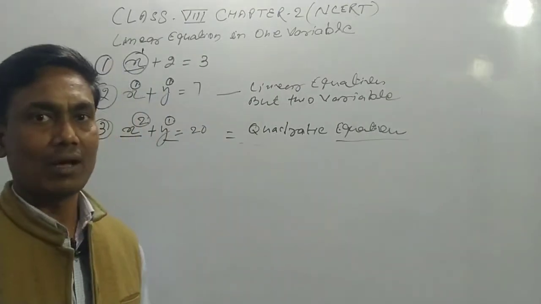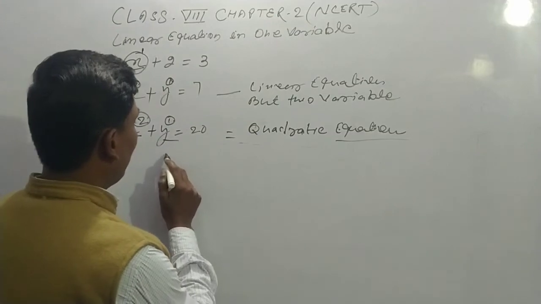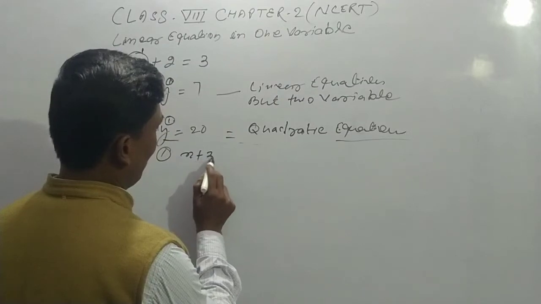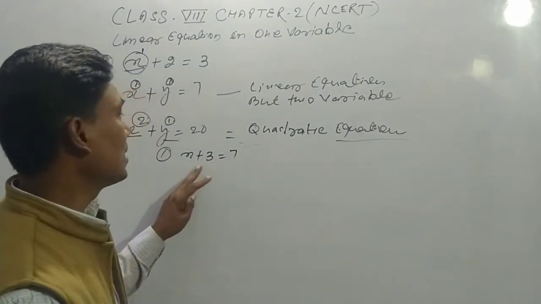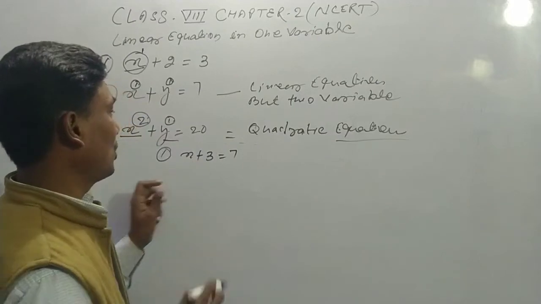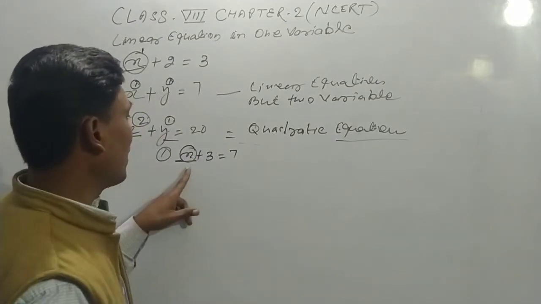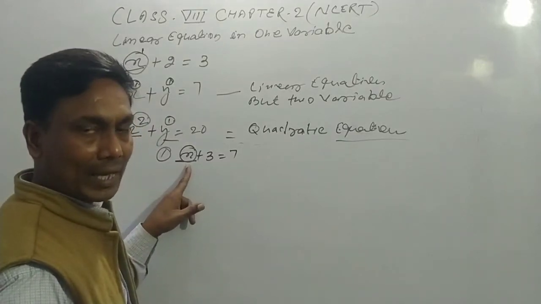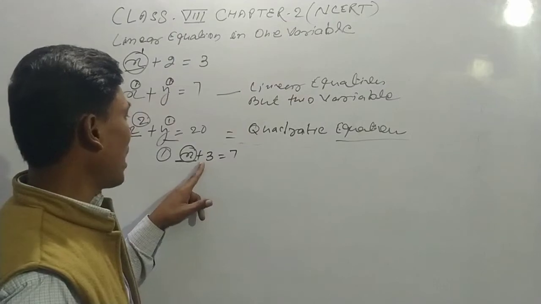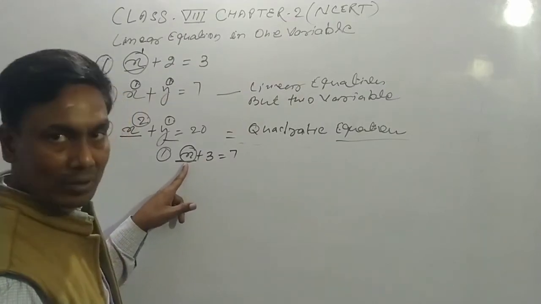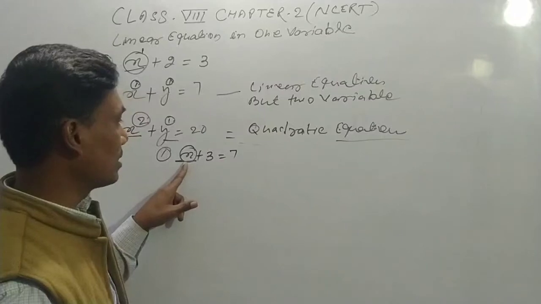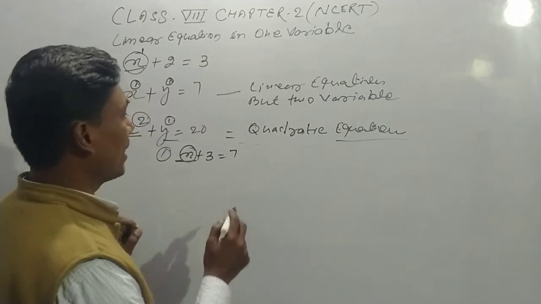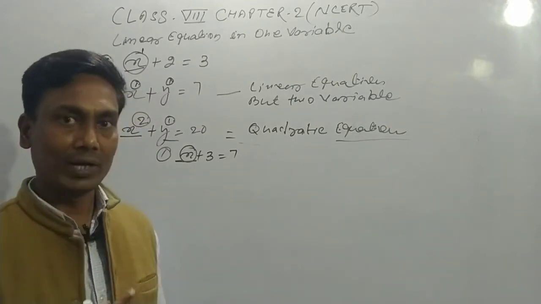For solving an equation, for example, we take the equation x plus 3 is equal to 7. After considering this equation, we can easily check that there is only one variable, that is x, and not any other variable except x. So we can easily say that this given equation is a one variable equation.